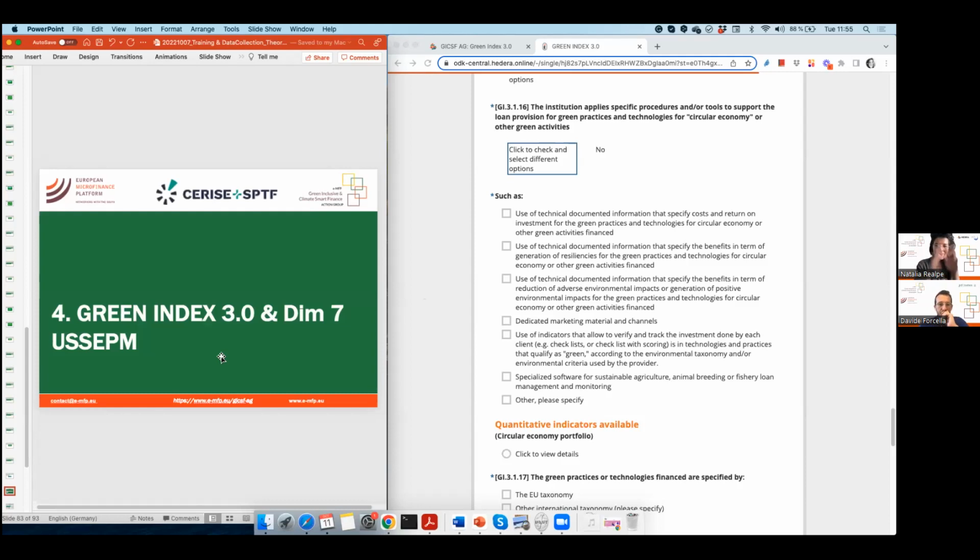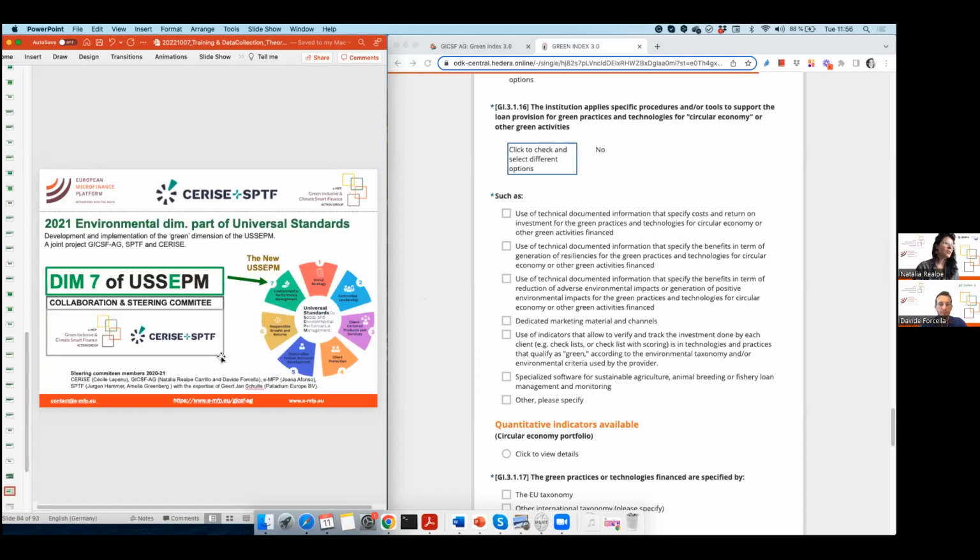So as final words in these last 5 minutes, we want to emphasize on this alignment of the tools and the possibilities that you have while implementing both of them, the Green Index 3.0 and the Dimension 7, as this collaboration and steering committee that we have had meeting every week to decide on the indicators and making sure that the indicators that the dimension 7 has are